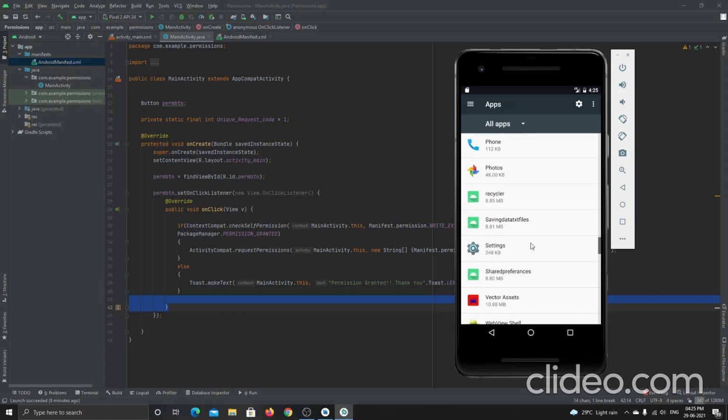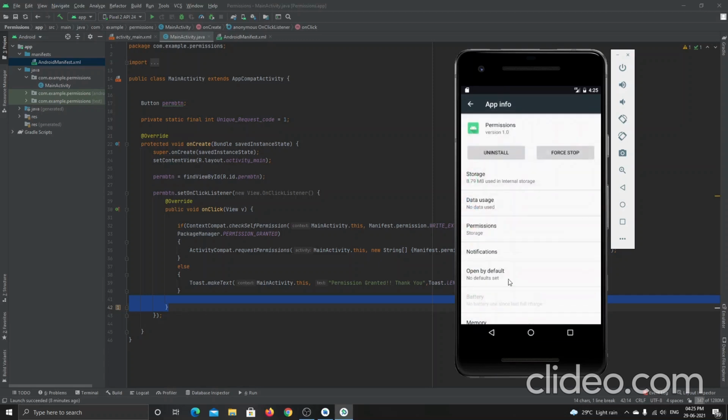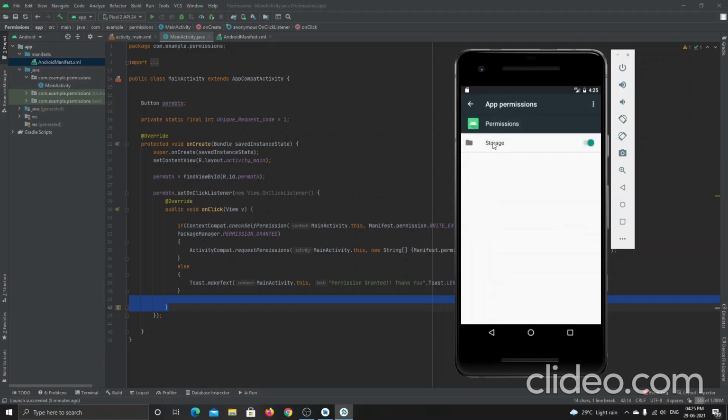Okay, it is here. Let me open this, and inside this there will be the permissions that are used by the permissions application. See, I have already given the storage. When I click this off, then there will be no permission to access the storage.